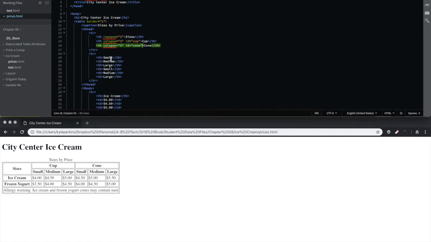Next thing, we're going to go under these small, medium, and large areas and add specified size and specified type, because if we just see small, is that a small cup or a small cone? Now if we say ID SM cup, that easily lets us know and easily lets search engines know where this falls under. It'll become much more obvious once we add this to the prices. So ID med cup,